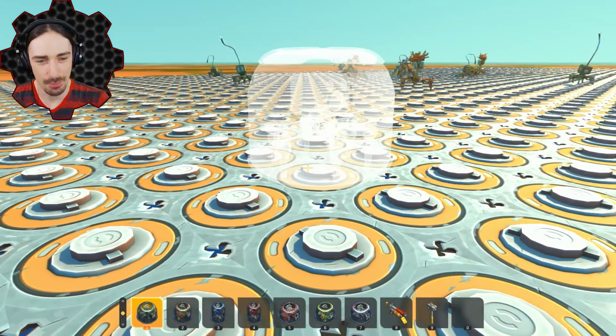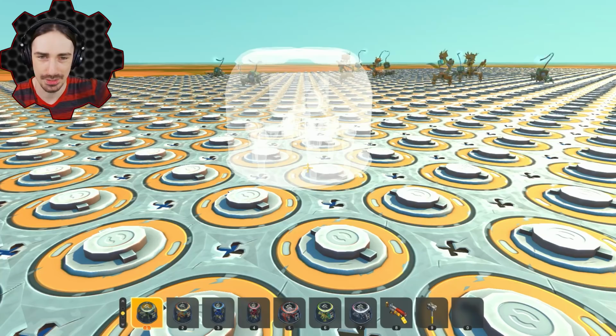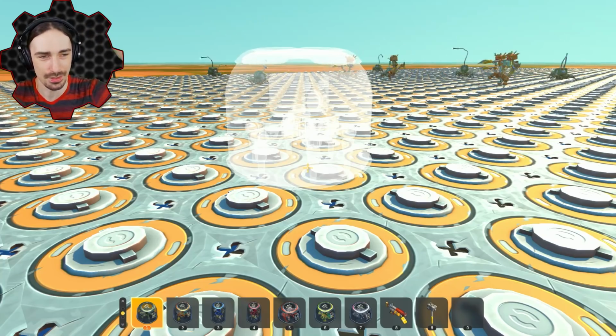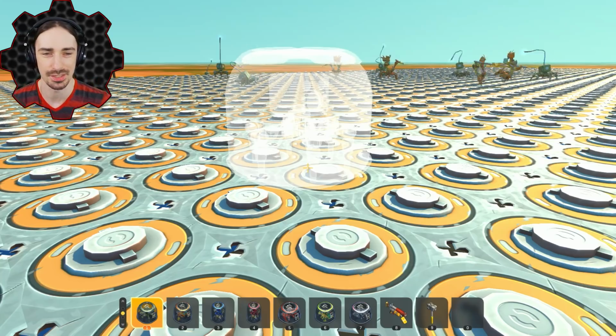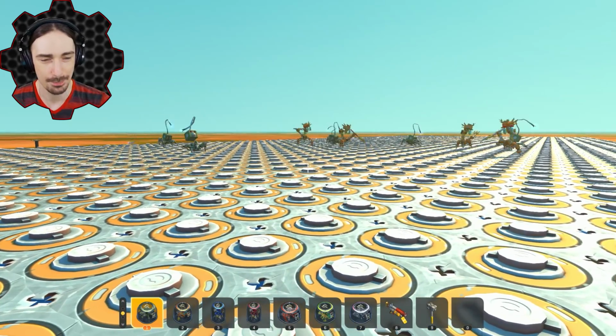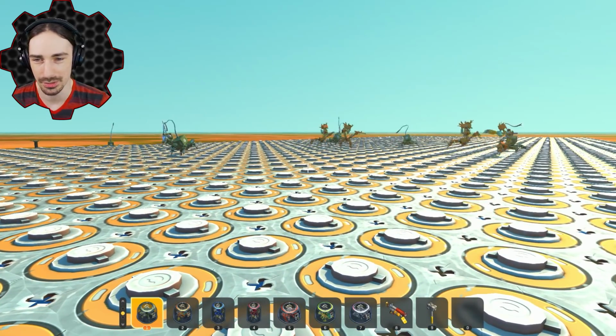Imagine if someone built a smaller version of this, like an actual realistically sized dance floor, and put it in a building with disco lights and all this stuff. Added some music blocks in there, and then you spawn in a couple of these guys on the floor, and it's literally gonna look like,